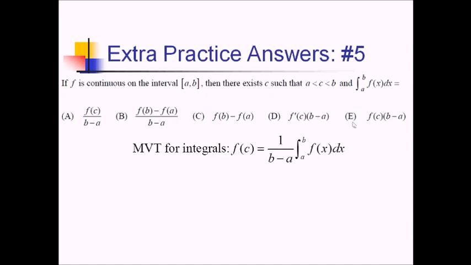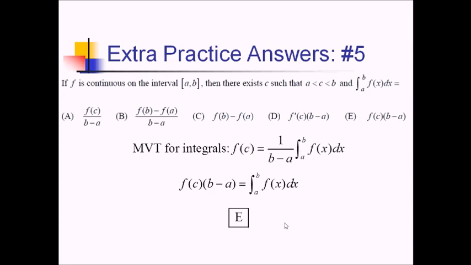And if you look at some of the answer choices, I mean, we're on the right track here. It's all A's, B's, and C's. So to get this integral by itself, we can just multiply both sides by b minus a. That'll give us f of c times parentheses b minus a. And we've just filled in the blank here. We just have to look for f of c times b minus a in the answer choices. And that's going to give us answer choice E. So this was all about writing the mean value theorem for integrals and then just rearranging it to give you